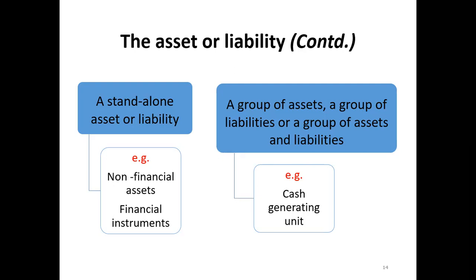Then for that particular business, you can decide the value in use and the fair value less cost to sell. Then you can go by the higher value. So if you find that the recoverable amount is less than the carrying amount of the business, then the impairment is there. So this is something that is dictated by the other accounting standards, whether it is a standalone asset or liability, or a group of assets or liabilities, right?